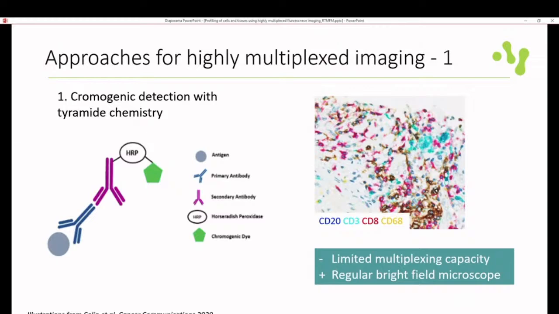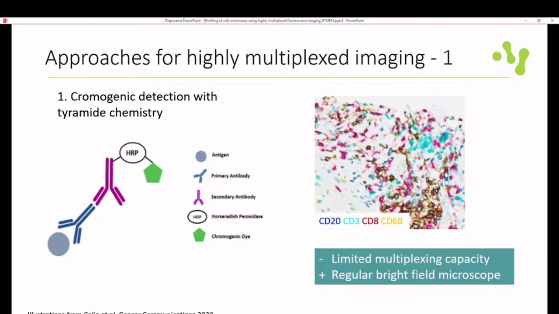And there are several approaches for doing highly multiplexed imaging, and I will just touch upon two main tracks here. The first one is, let's say, a continuation of traditional immunohistochemistry, where one uses chromogenic detection with tyramide chemistry. So we have a primary antibody, a secondary antibody that is conjugated to horseradish peroxidase, and then it is connected to a chromogenic dye. That is when you add a substrate that is translated to a dye, a chromogen that stays on the tissue,